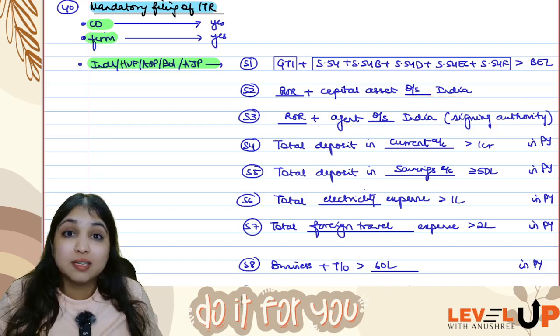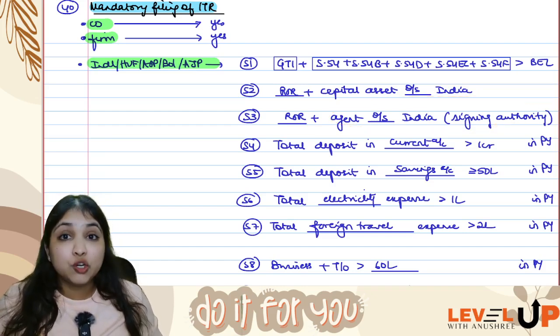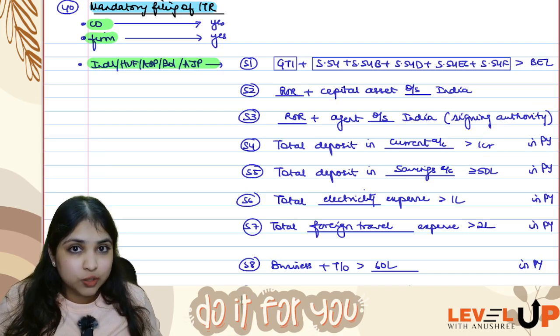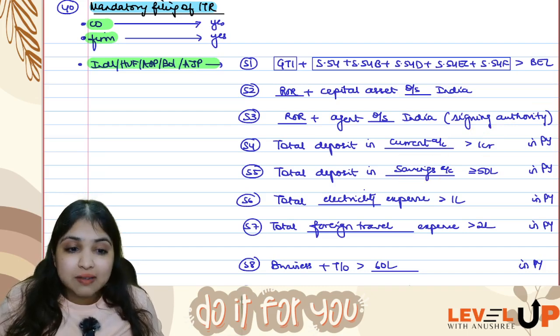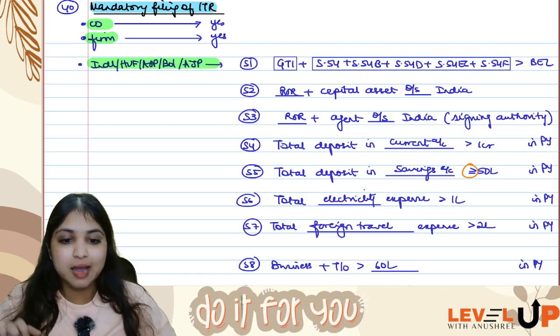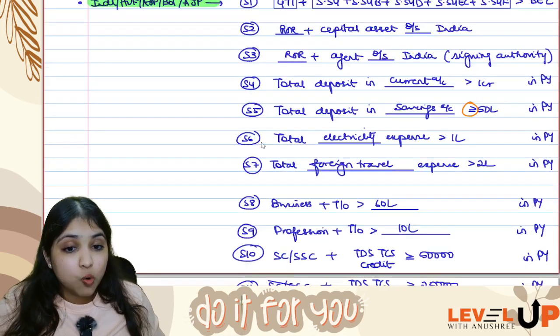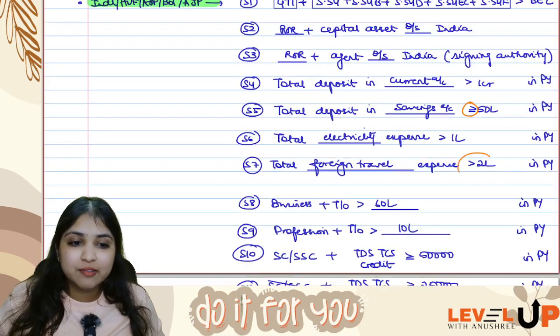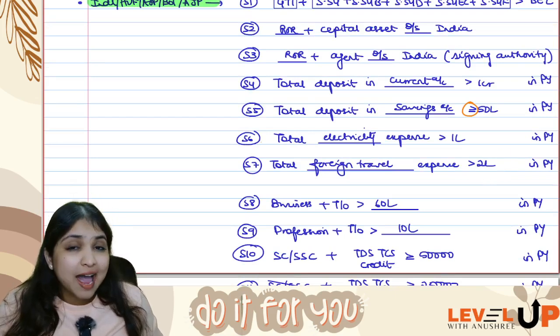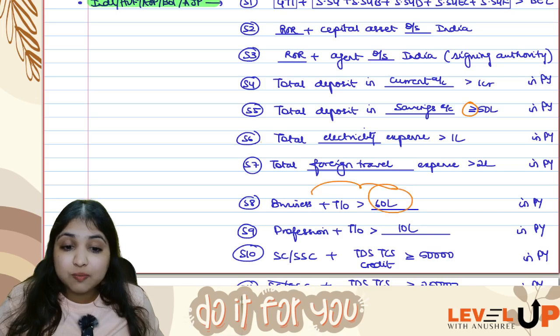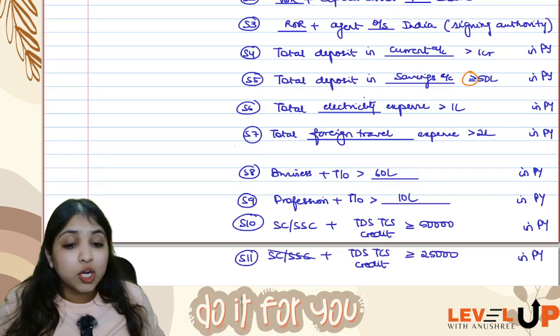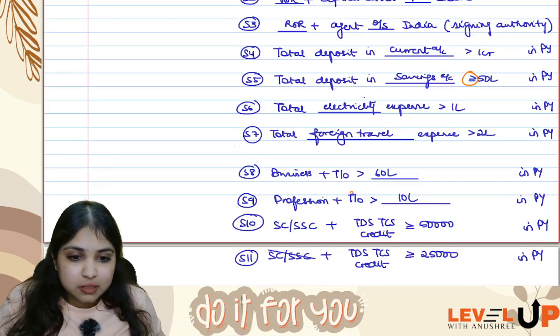So if you are an ROR with a capital asset outside India, or if you are an ROR who has an agent or a signing authority outside India, if your total deposit in current account is more than 1 crore, total deposit in savings account is at least 50 lakhs, total electricity expense is more than 1 lakh, total foreign travel expense is more than 2 lakhs, if you are carrying on a business and your turnover is more than 60 lakhs, or if you are carrying on a profession and your gross receipts